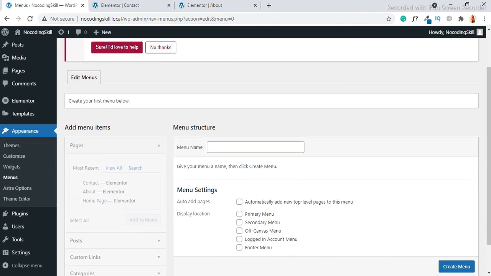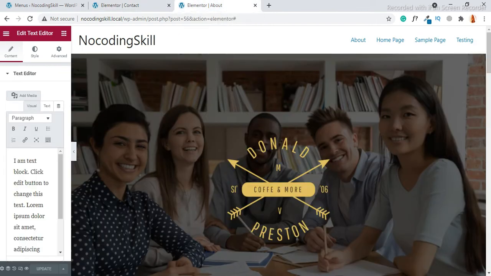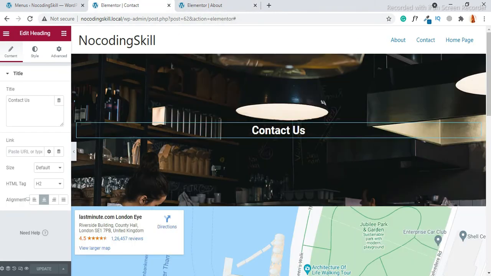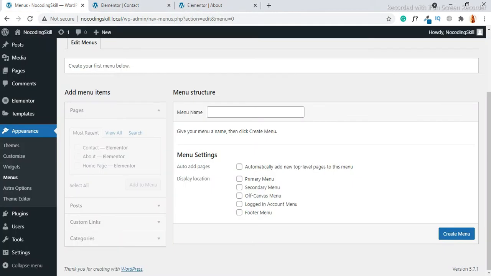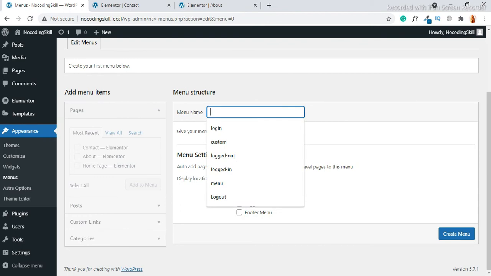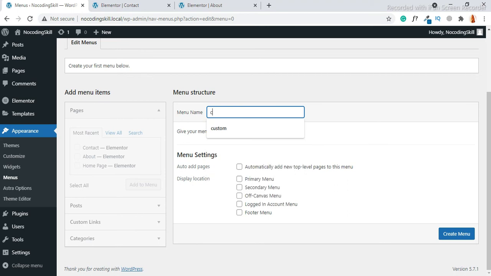Okay, this menu is by default. It's showing the default menu. Okay, let's create our menu. Give it the name custom. I'm giving custom menu. Okay, create a menu. Click on it.